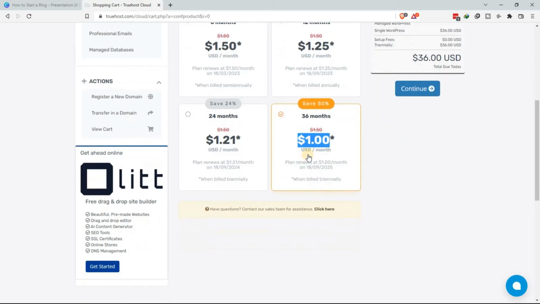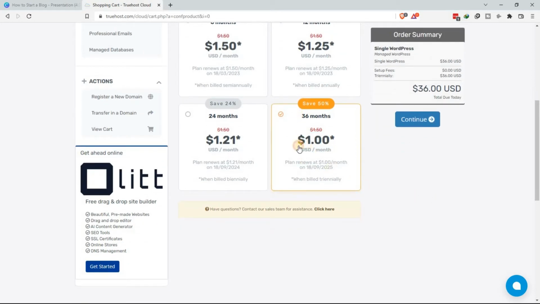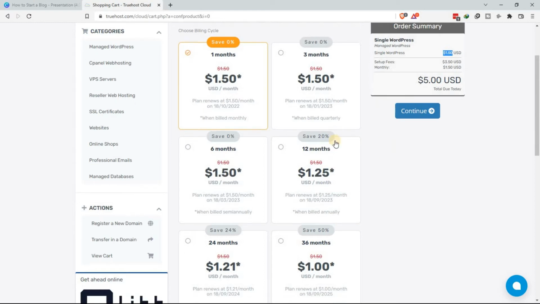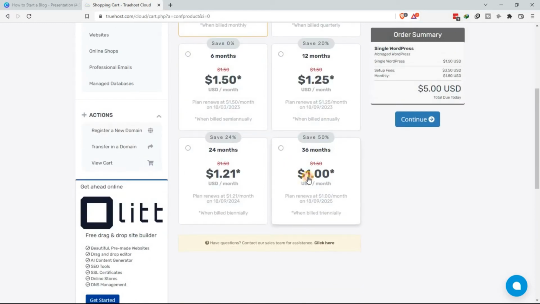Yeah. So for now, I think I'll be choosing this. I want to pay every 36 months. And as you can see here, we have the single WordPress. So this is the package that I ordered. If I choose to pay for 1 month, I'll only pay $1.50 today. Yeah. And if I choose to pay 36 months, I only pay today that's $6.